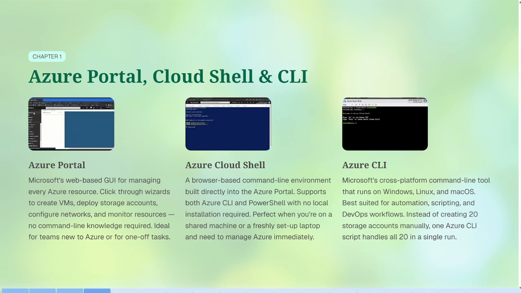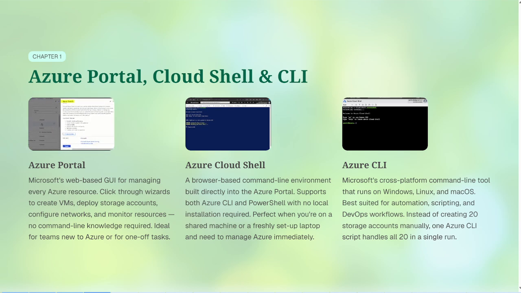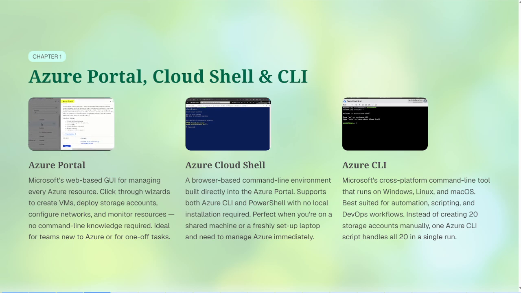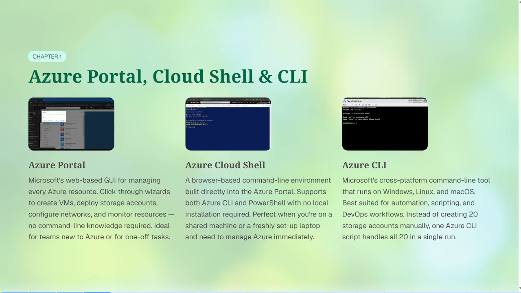We can explore one by one. Azure Portal. It's a graphical way to manage Azure. The Azure Portal is Microsoft's web-based graphical user interface, often called a GUI. You simply sign in through a web browser and can manage almost every Azure resource using menus, buttons, and guided